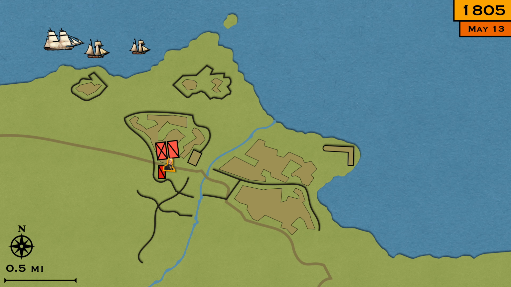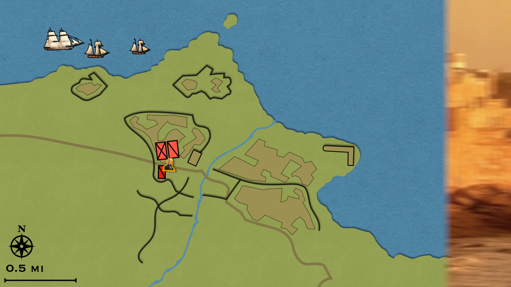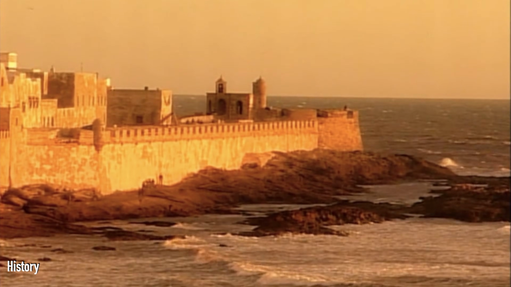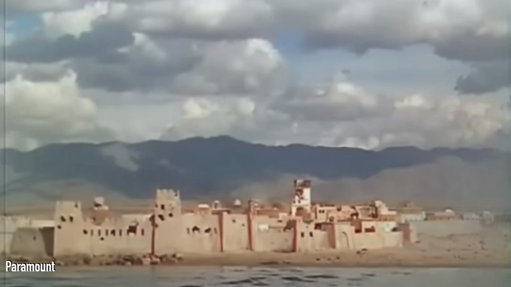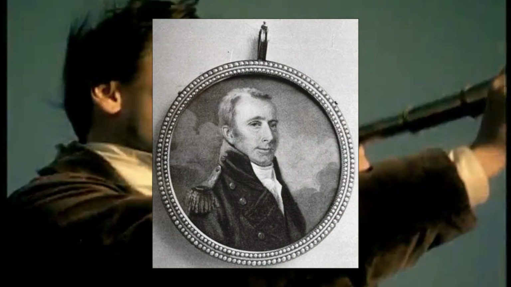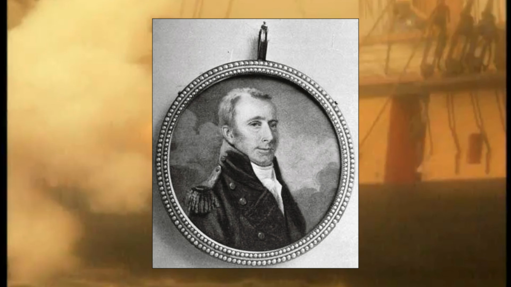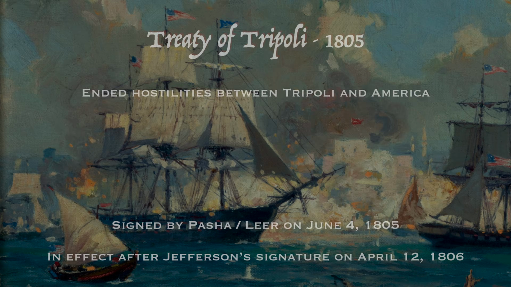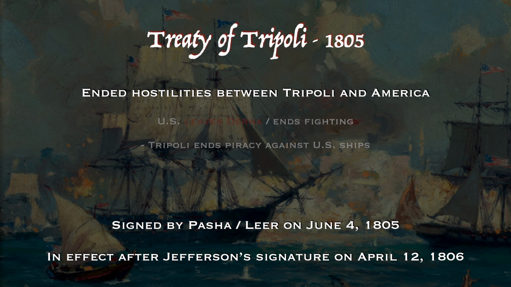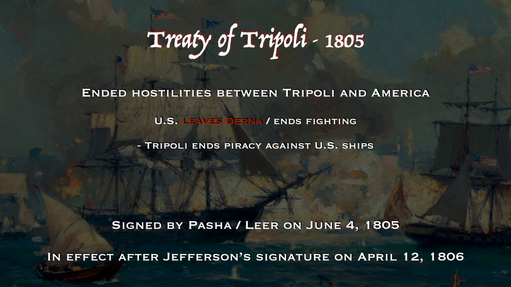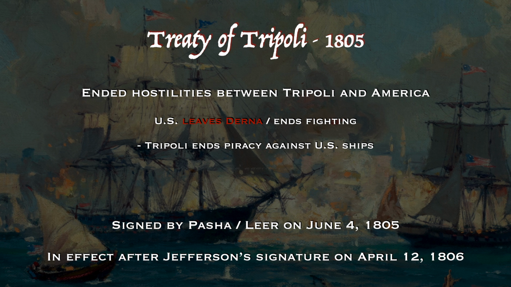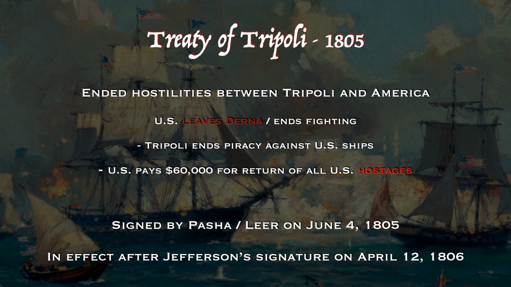Now, the Basha was concerned that the war was becoming too costly, and the American executive consul, Tobias Lear, decided to step in and come to an agreement. Lear had been adamant about a diplomatic solution and strongly opposed Eaton's expedition in the first place. In return for an end to American hostilities, Tripoli would cease pirating American ships. In return for releasing all American hostages, the U.S. would pay $60,000, equivalent to about $1.5 million today.